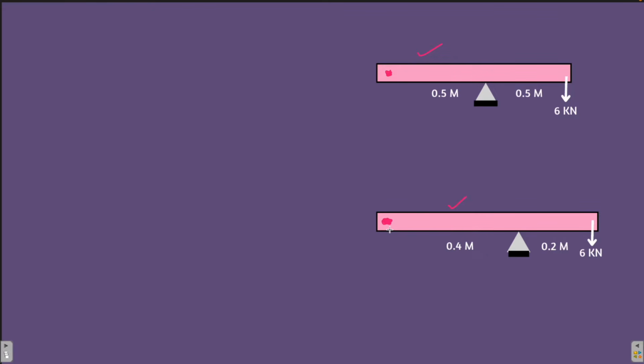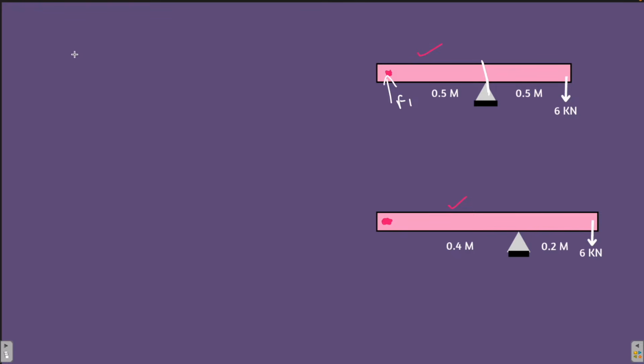So first let's find out these forces. How to do that? These are at equilibrium, right? Let this force be F1. Now if we take the moment about this hinge, that must be equal to 0, right? The lengths given to you are 0.5 meter and 0.5 meter. I'm sorry, I've written it as capital M. It is small m, that is meters.